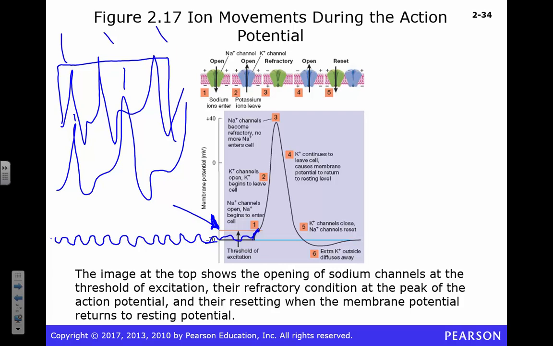First thing we want to do is we're going to open sodium channels. Okay? That's going to drive our membrane potential up. We're going to depolarize, right? We're going to become more positive. Once we have been creeping up a bit, and I say creeping, but we've been really zipping up, because this whole thing's like 2 milliseconds, then we're going to have potassium channels start to leak out. This is called a leak. Remember, we need these guys to leak out so later we can reset this membrane potential, so we can have control on this. Okay?